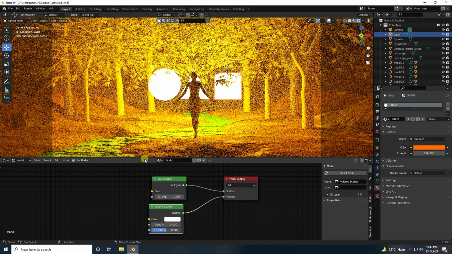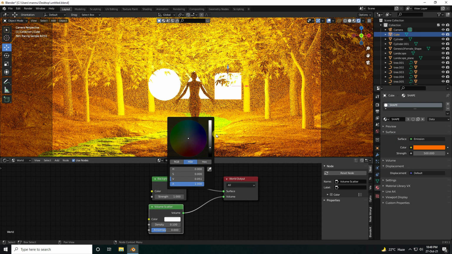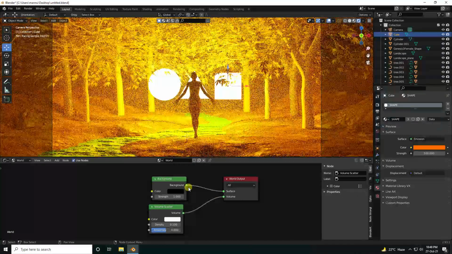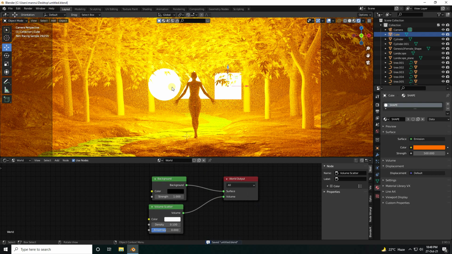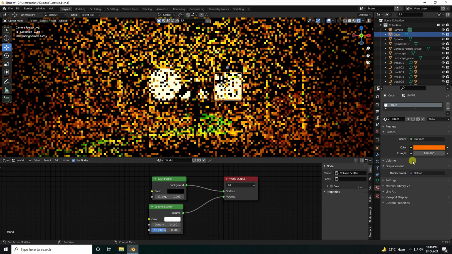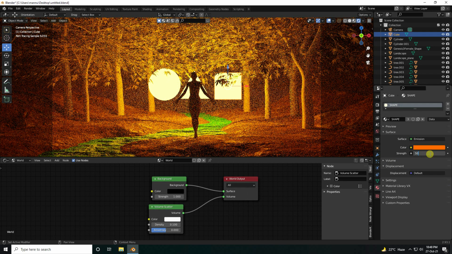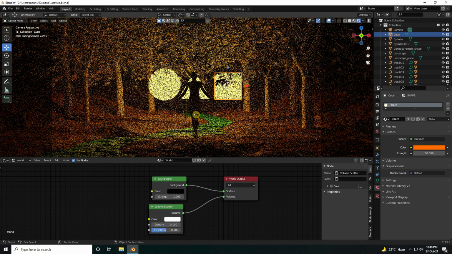Yeah, and guys, now I change color. Guys, color, this one I like jet black. Yes. Okay, so now guys, I change this one shape, light color strength like 100. Yeah, it's good.